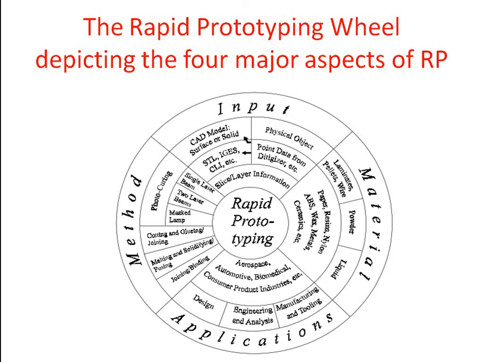Now for the physical model, you can take the physical model and digitize it by using a 3D scanner. With the 3D scanner we can scan the object, and from the scanned object you can directly generate the STL file, otherwise you can generate a CAD file, and after that from the CAD you can make the STL file. After that, from the STL file you can again come to the slice using third party software, and again you can make the rapid prototype.